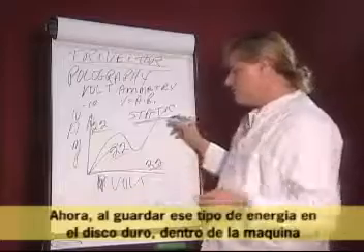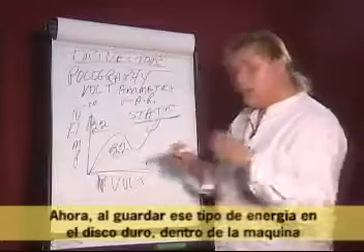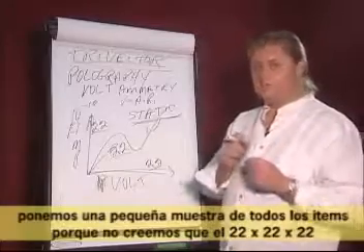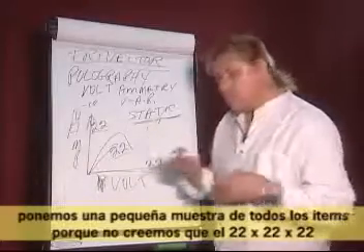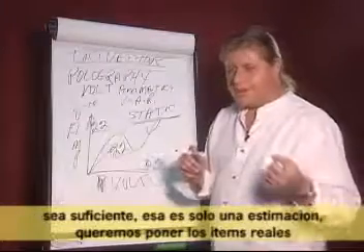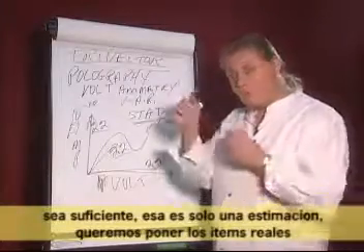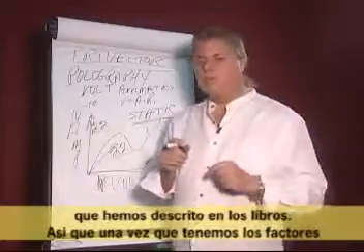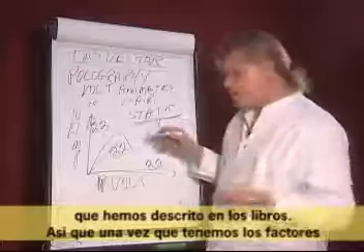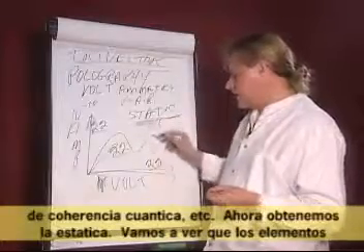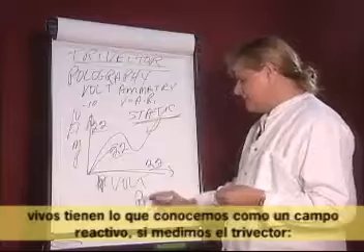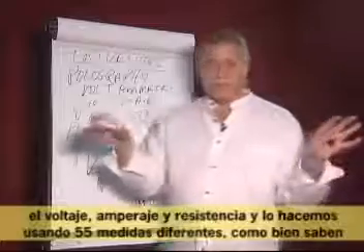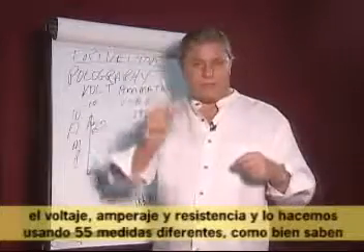Now, by storing that type of energy in the hard drive, inside the machine we put a little test kit of the actual samples of all these items, because we don't believe that the 22 by 22 by 22 is quite enough. That's really just a small estimate. So we want to put the actual items into a test kit so we get the quantum coherency factors we've written in the books. So once we have the quantum coherency factors, now we have the static, we're going to find that the living items have what is known as a reactive field. If we measure the trivector, the voltage, amperage, resistance, and we would do this with 55 different measures, as you remember,